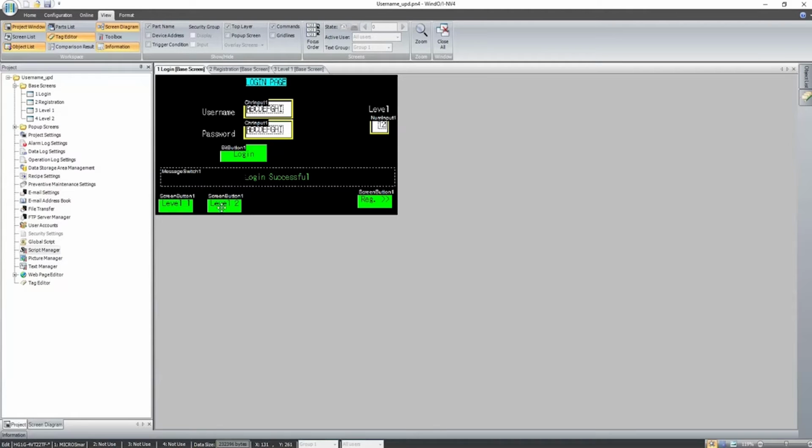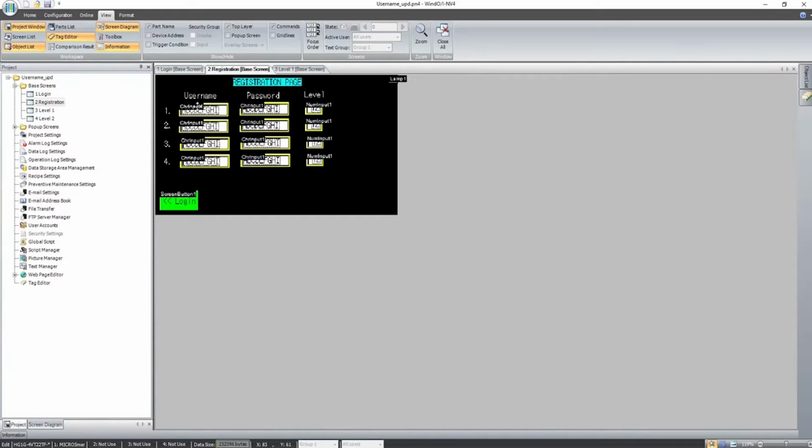Then I have taken 2 different pages for levels, level 1 and level 2. This is a screen switching button. Here I have given an access trigger condition: until I am at a specific level, this button should not be accessible.